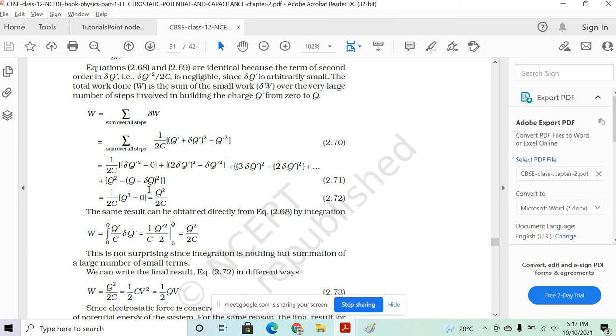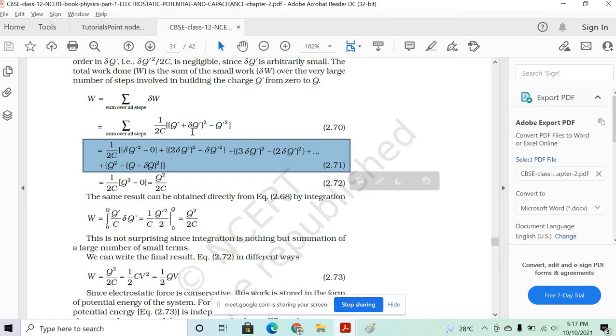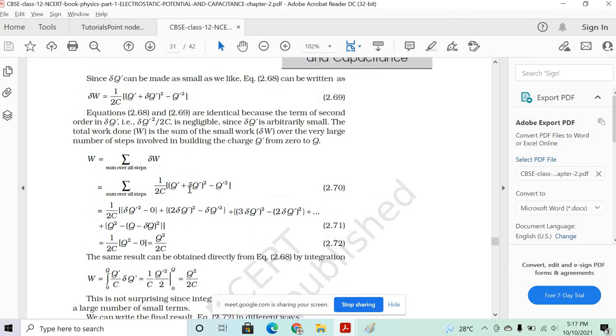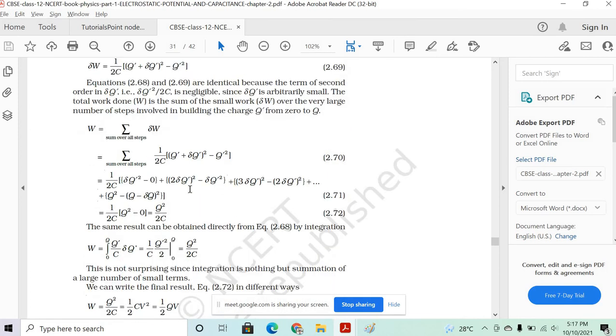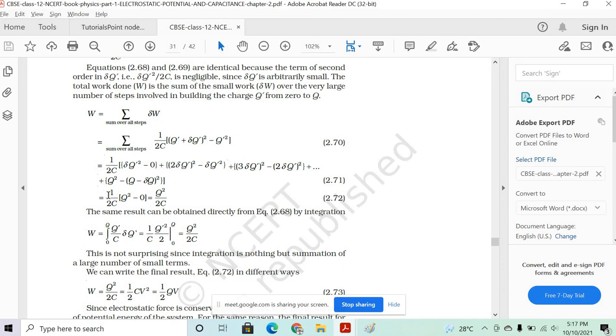This part is just a little bit of a thing we need to understand here, because when you try to increment everything, basically what you are trying to get is the total charge q. And the summation has to yield you the total charge q. If you're not able to get convinced about this part, you just need to understand that q with delta q has to get incremented till the summation of everything. So that is what has been done here.